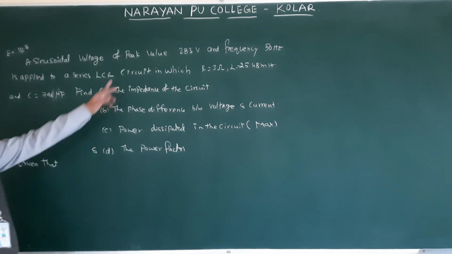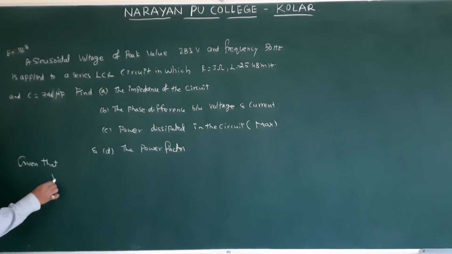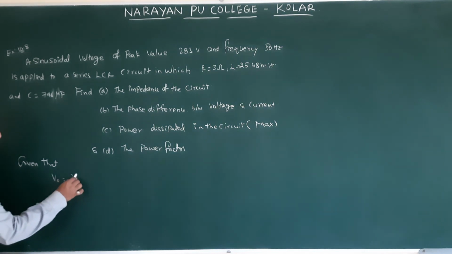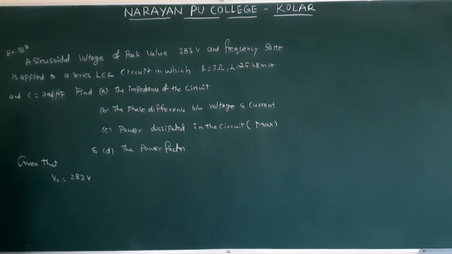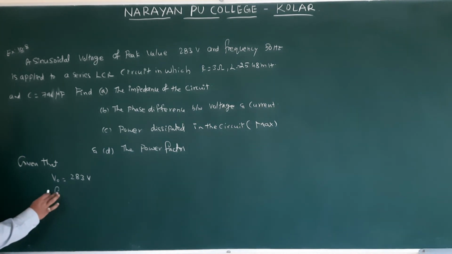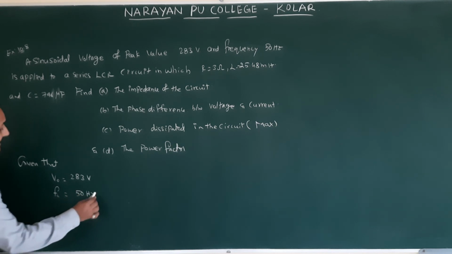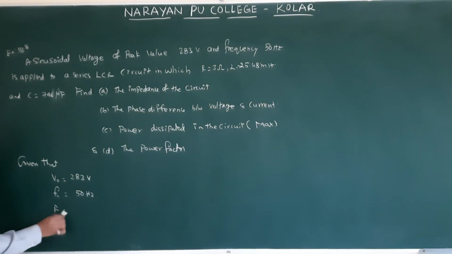Given that here is the peak value of voltage. Peak value means that is V0. In the textbook they are writing Vm, suffix m, both will be the same. 283 volts. Next, frequency, how much did they give? Frequency f or nu is equal to 50 Hz, and R resistance value